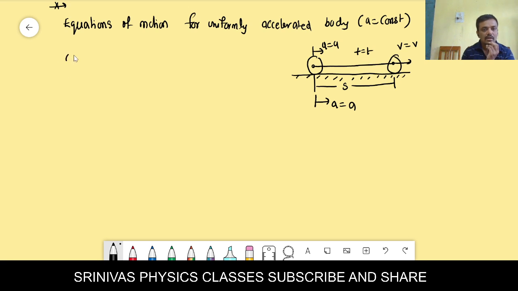What is the first equation? Anybody? I said you should remember these equations permanently. Yes or no? Somebody? What are they? First equation. Very good, very good. Who said it now? Bangi. Very good, Bangi. Right. First equation of motion. You should remember it for a lifetime, not just for 9th class, not for 10th class. Okay.